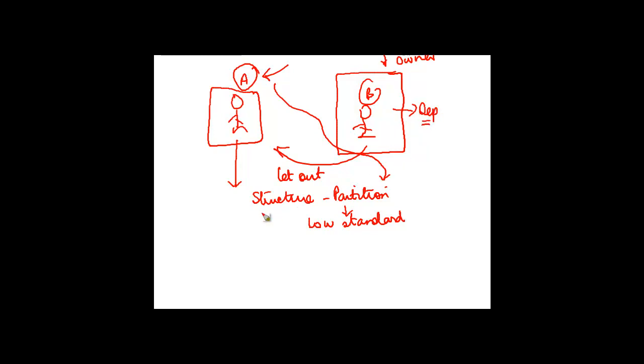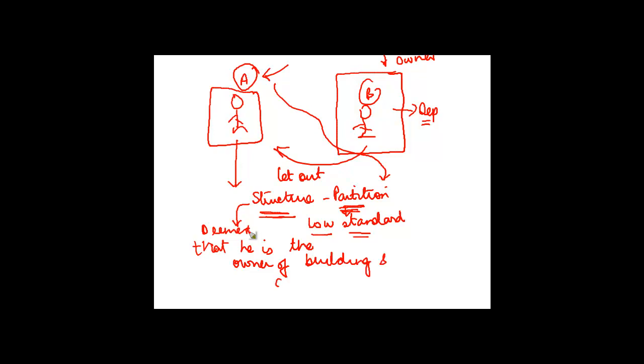But what this section provides is that if a tenant incurs some major expenditure on creation of some structure, then it will be deemed that he is the owner of the building and allowed depreciation on such expenses,